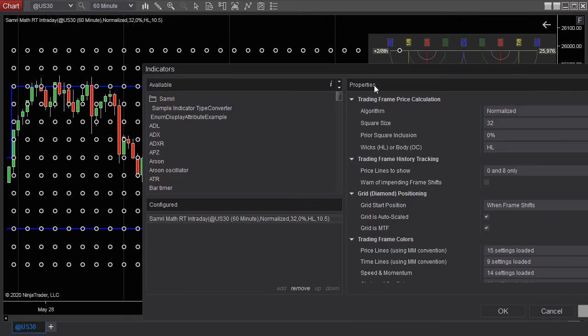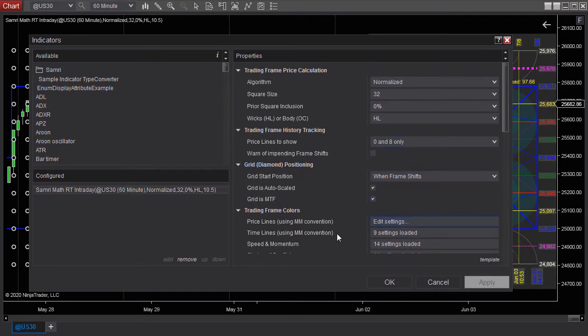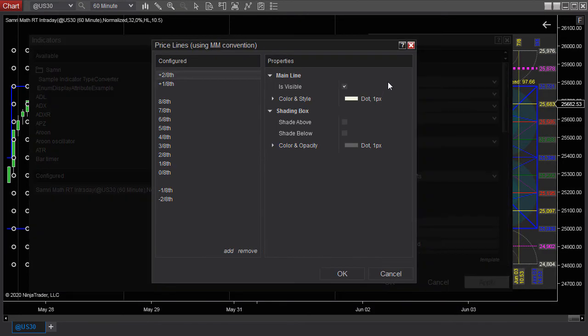What you do is you can shade, again we're looking at price lines, any line you want, but for demonstration let's look at the 7/8. Shade above,